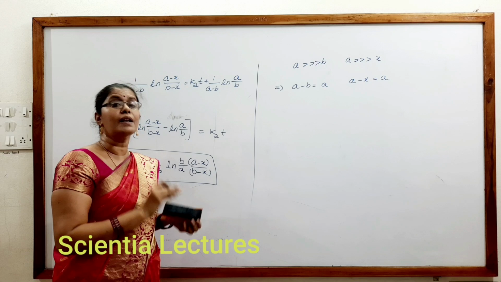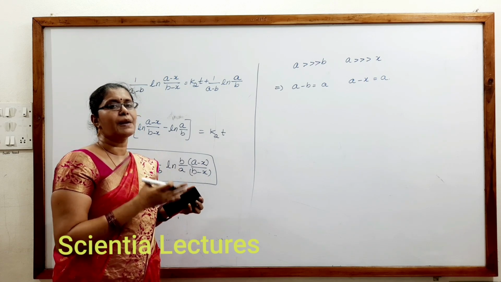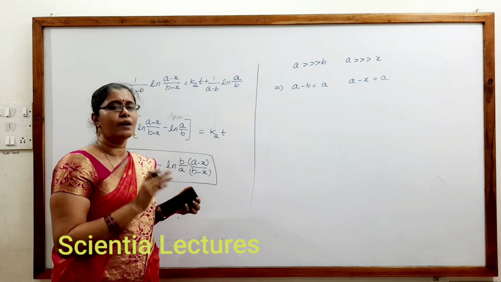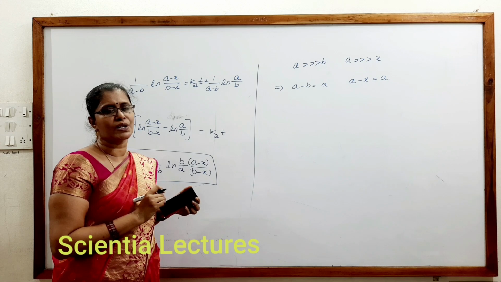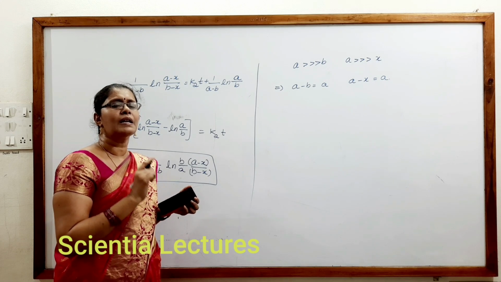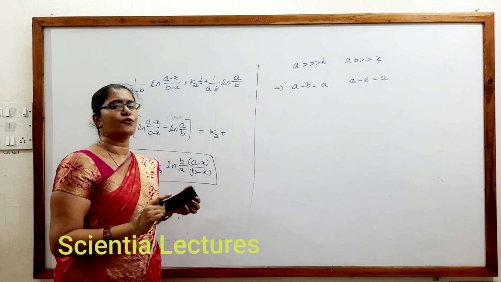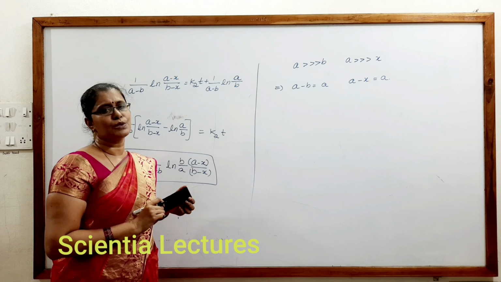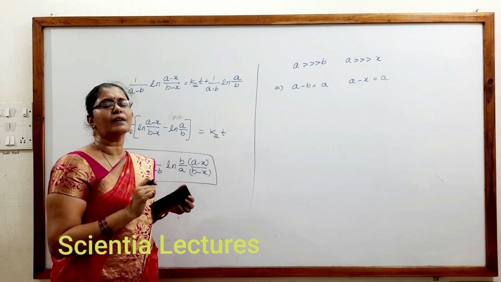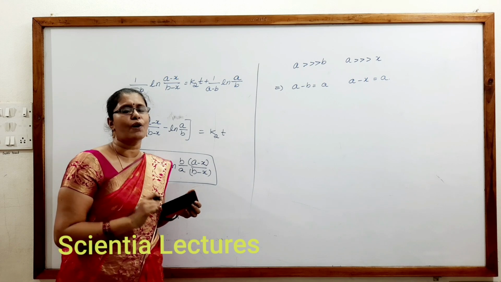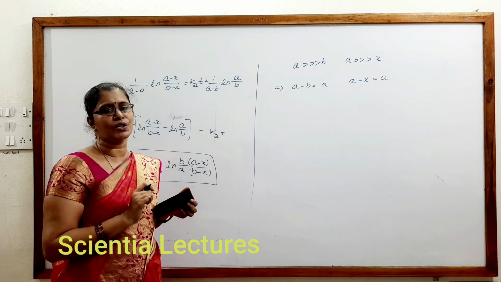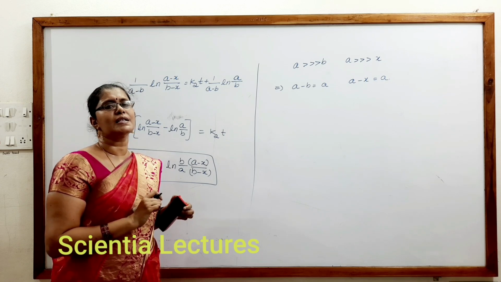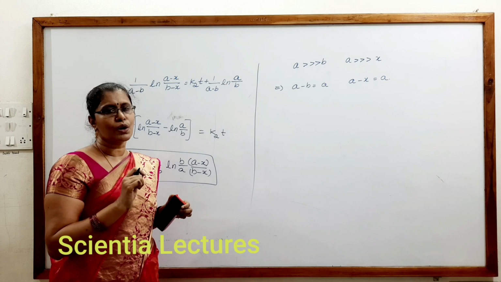When A is taken in large excess, for example in acidic ester hydrolysis, we have checked that it is a first order reaction, although it has two molecules in the equation. What are those two molecules? CH3COOC2H5 plus H2O gives rise to CH3COOH plus C2H5OH. Have you observed that only the change in concentration of ester influences the rate of reaction, but not the water, because it is taken in excess? In such cases we call it a pseudo first order reaction.